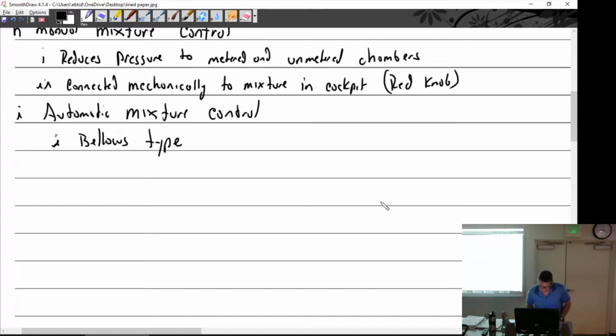Let me see. I crossed this out for some reason. I don't know why, but I like it, so I'm going to say it. The AMC works independently of and in parallel with the, oh, now I know why I did that. Okay, no, it doesn't. Well, okay, so I wrote AMC works independently of and parallel with the manual mixture control, but it doesn't work with the manual mixture control. Works independently of, I will leave that. Works independently of manual mixture